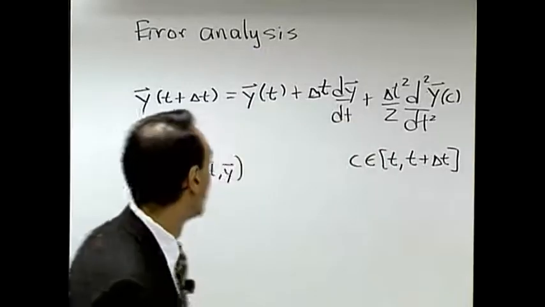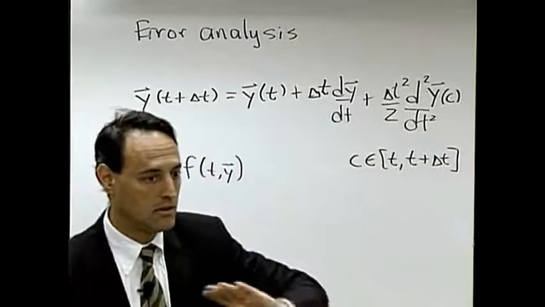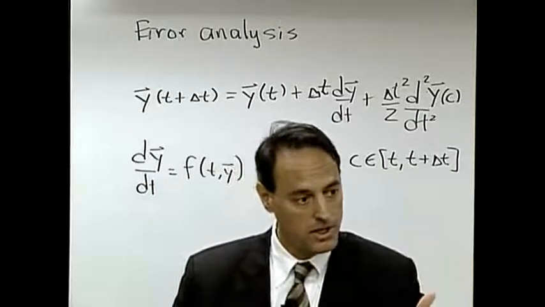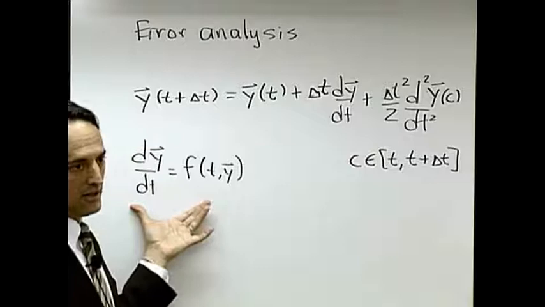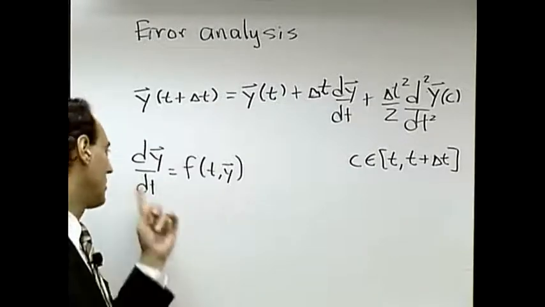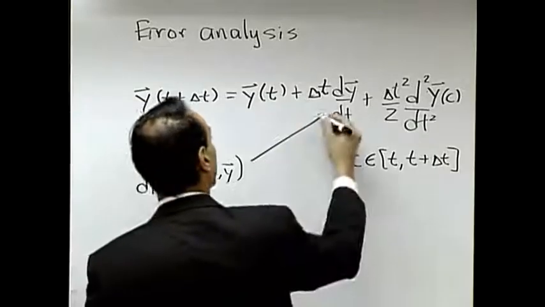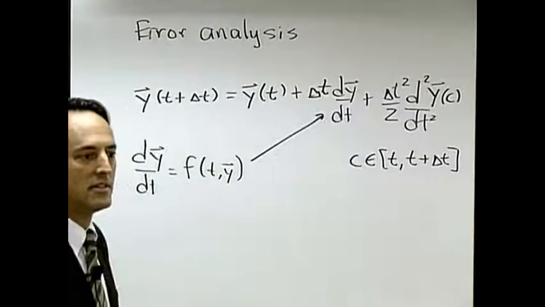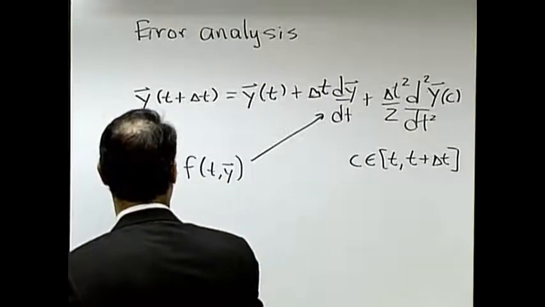No approximations so far. Now, here's the thing to notice. All we did was Taylor expand. Nothing fancy. Now we're going to relate it to our differential equation. Our differential equation is right there. And all the differential equation tells us is what the derivative is. dy dt is f. And you see right there, there's a dy dt. Let's put f in there. So you can see that what I have then